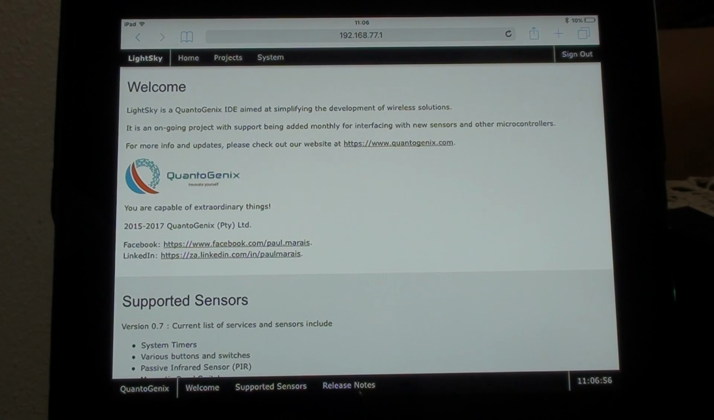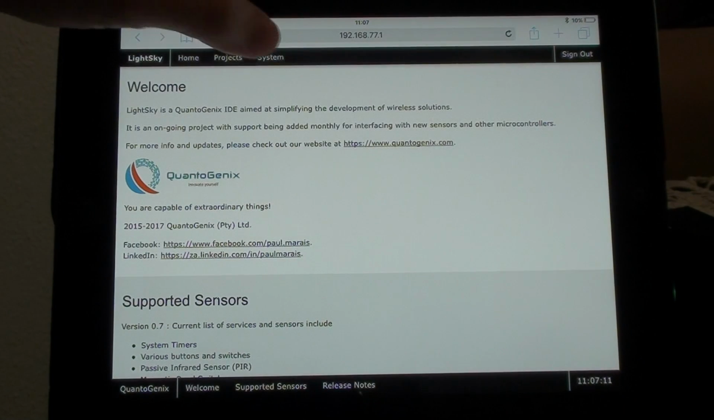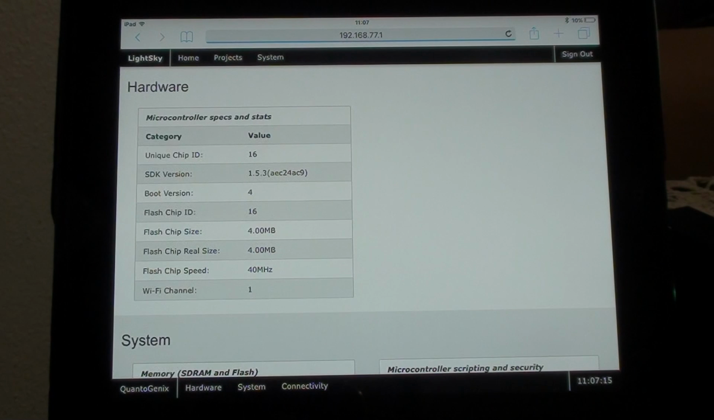So once we've connected to the microcontroller and successfully logged in, you will end up on the landing page or the welcome page. You will see on the top menu here that you have a couple of options as to where to navigate to. The first one I'm going to show you is under System Information. If you open up the information page, it's just going to present you with specific information pertaining to the microcontroller